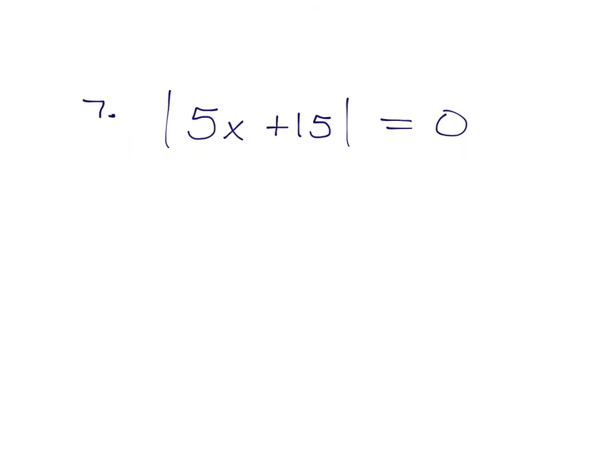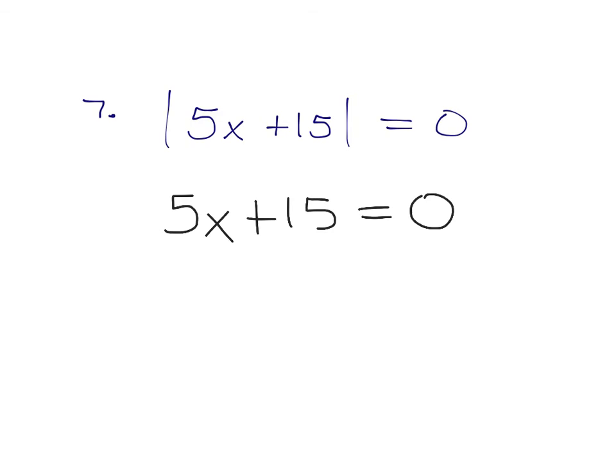So number 7, remember the steps. Isolate the absolute value. It's already isolated, so now I make my two problems. However, when we're setting up our problems, we don't have a positive and a negative 0. So whenever it's equal to 0, there's only going to be one answer. We're not going to set it equal to positive 0 and then the other one to negative 0, because 0